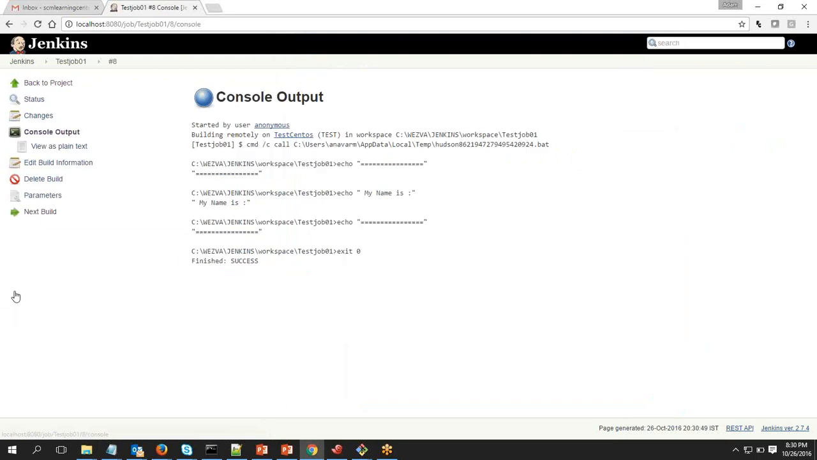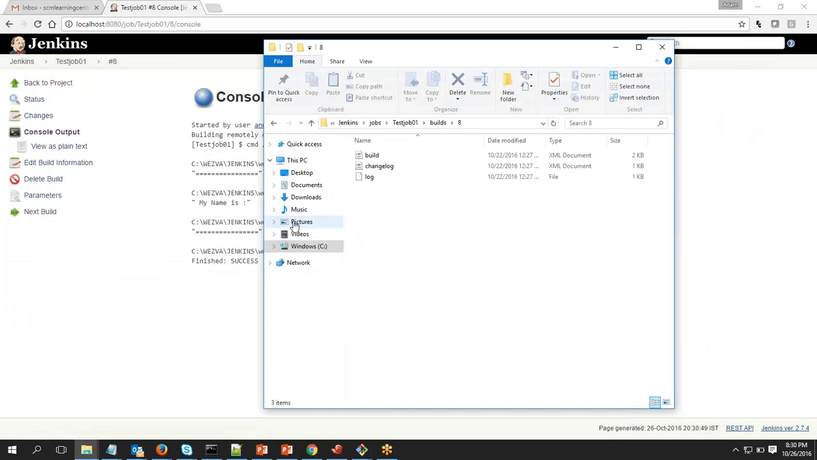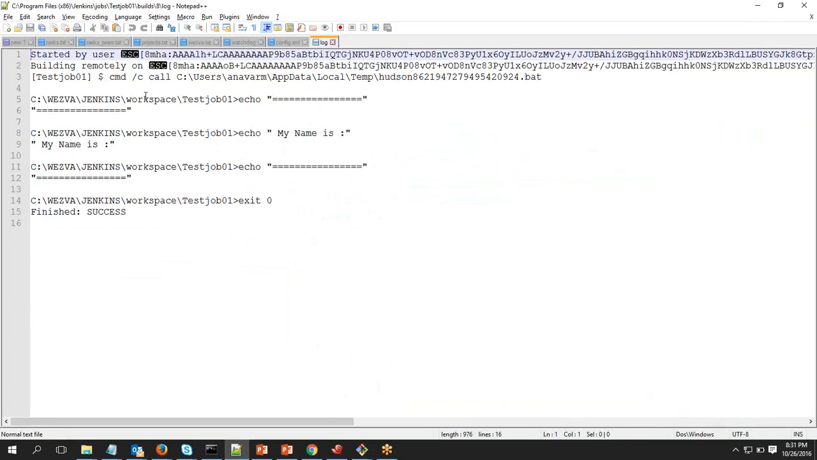Suppose I go to build 8, you're seeing something. Why does it give this? Because there is a log file which is stored for each console output. That means when it is running a build, it will create a folder inside builds with the specific build number, and inside that folder one log will be created, and this is the one which will have all the details. So let me show you this. You can see this is the same output as what you're seeing